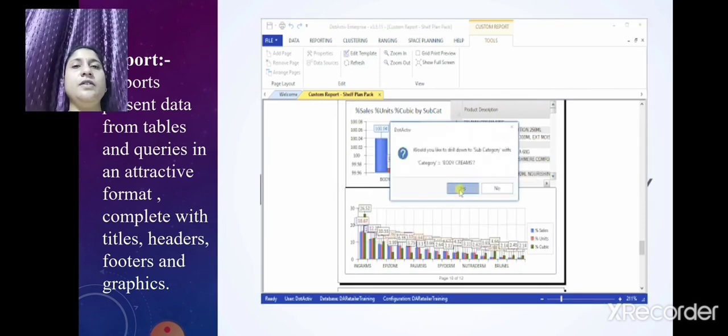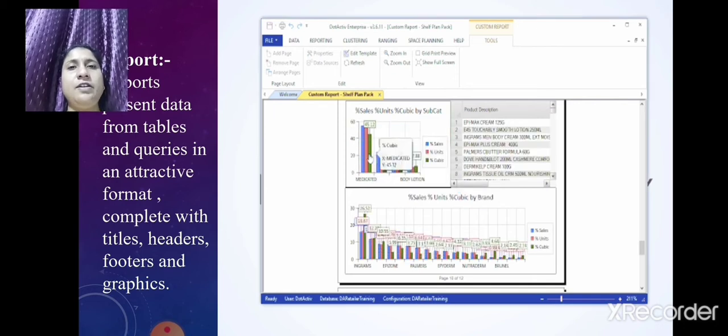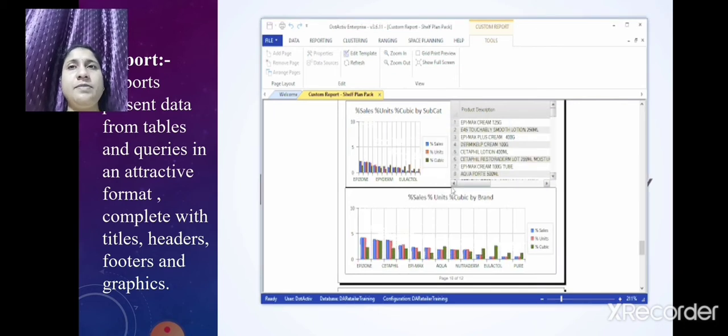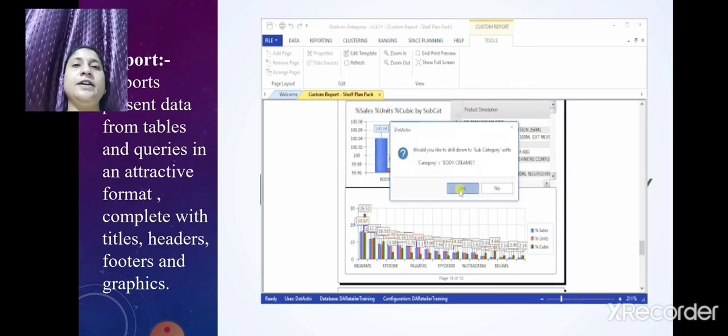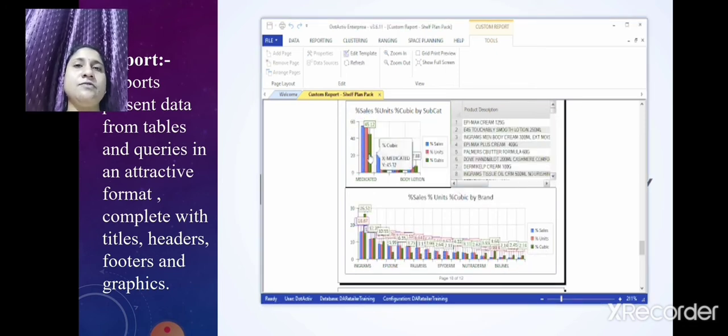Okay, so in this class we have learned a little about database. What is a database? It is a collection of data organized in a manner that allows easy access, retrieval and use of that data. Then we saw Microsoft Access. What is Microsoft Access?